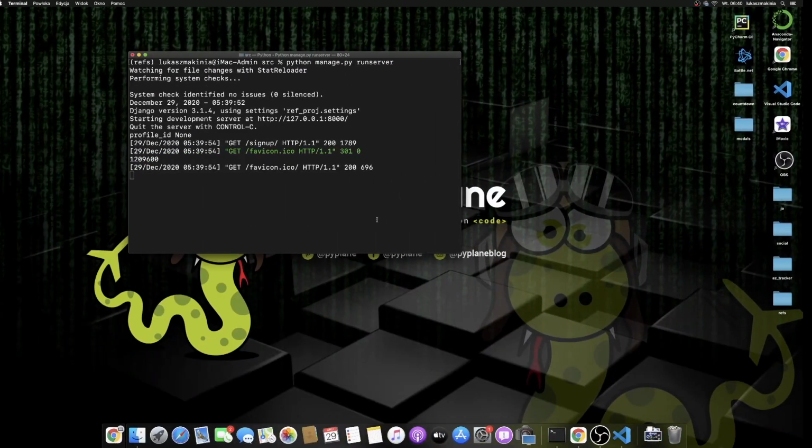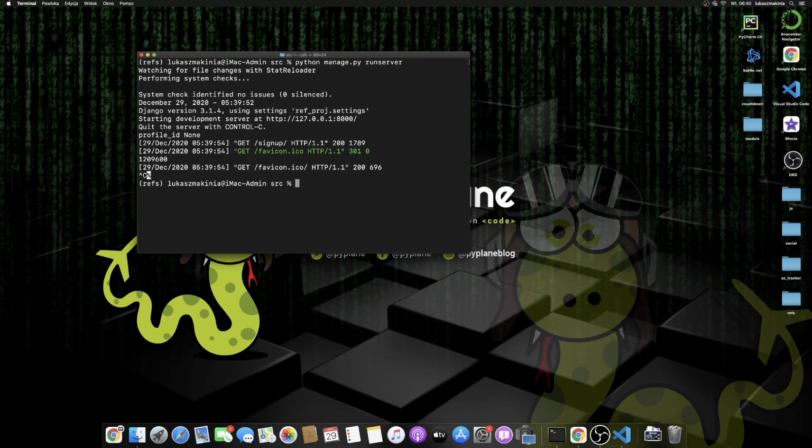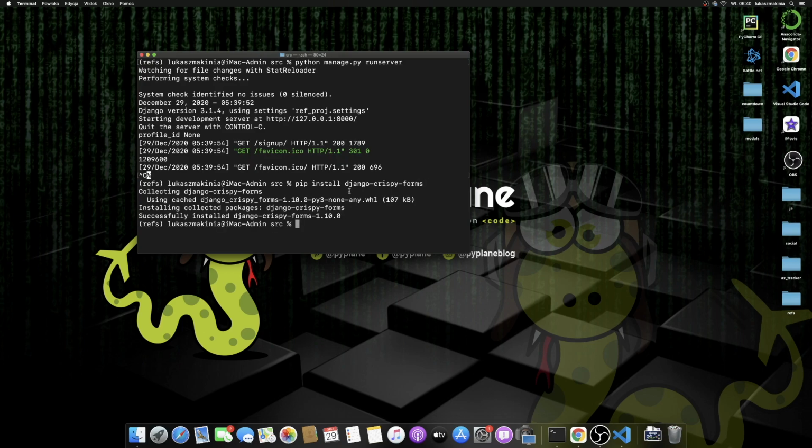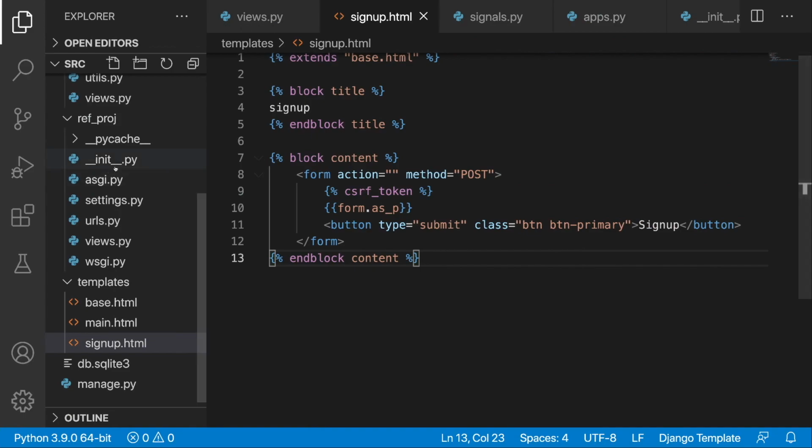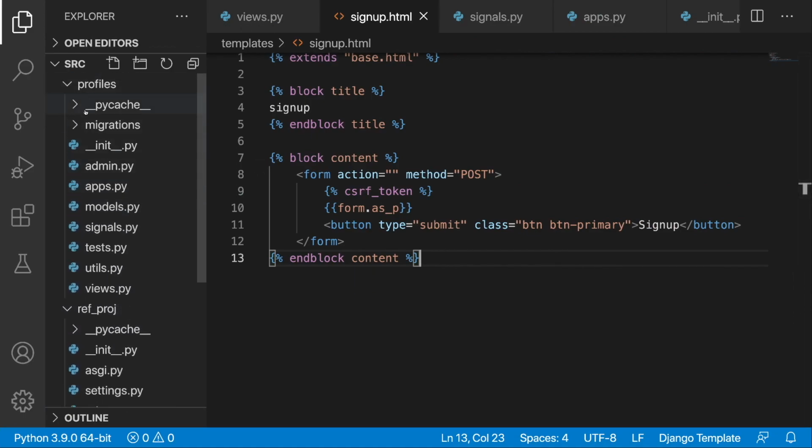So let's go back to the terminal. Let's quit the server from running. Pip install django-crispy-forms. All right, so now we need to go to the